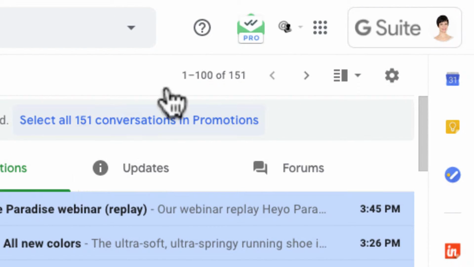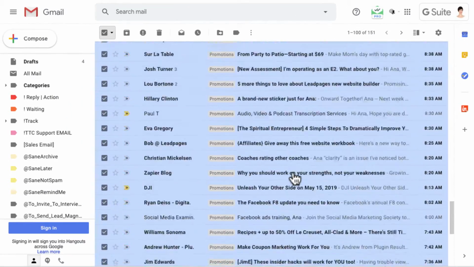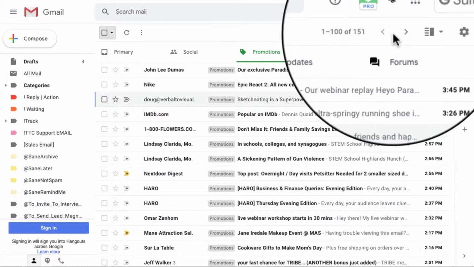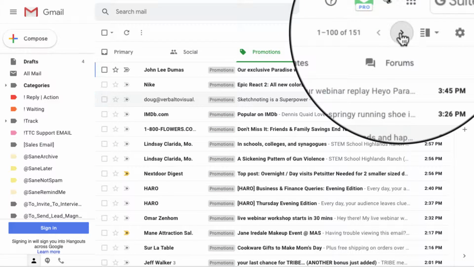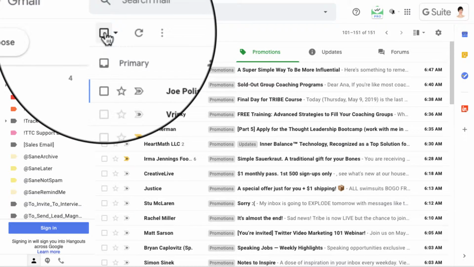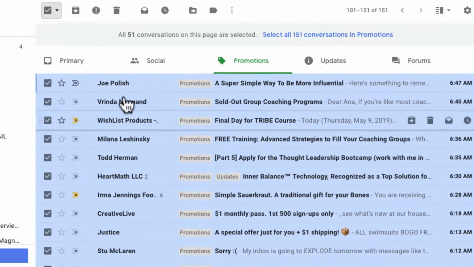In this case, I have more than 100 messages, so it shows the first 100. I prefer to go to the next page that has the last 50, select all of them here, and now I scan the emails